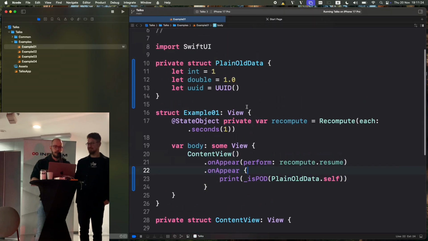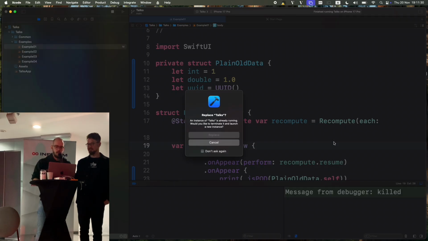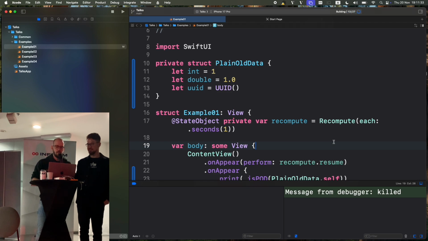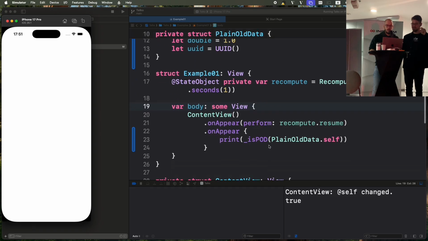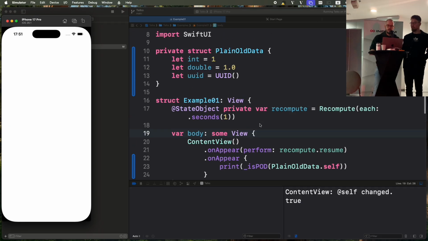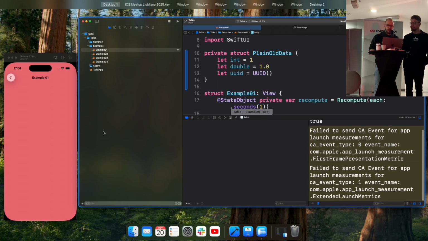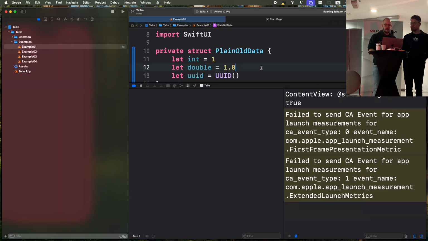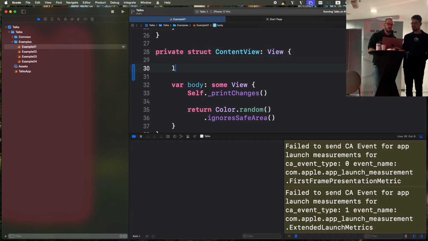And if I run this app now, excuse the build times. If I run this now, you can see that this is indeed plain old data. Okay. So currently in this body of ours we have nothing, so there is nothing for the view to diff against, and we can understand that this body is going to get called only once. But as soon as we add something here,